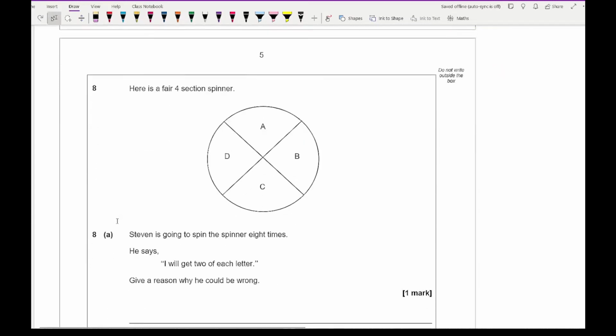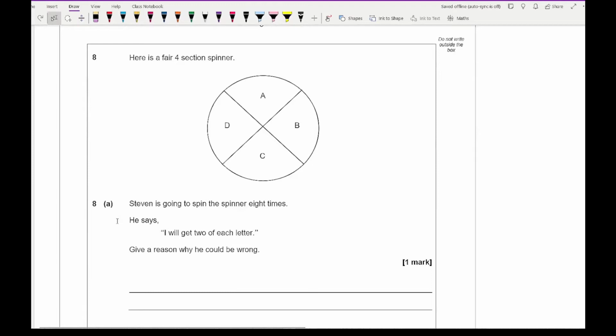Moving on to question 8, it says, here is a fair 4-section spinner. Stephen is going to spin the spinner 8 times. He says that I will get 2 of each letter. Give a reason why he could be wrong. Well, there's several reasons which he could be wrong, and any of these explanations for the 1 mark would be absolutely fine. So you could say something along the lines of that actual